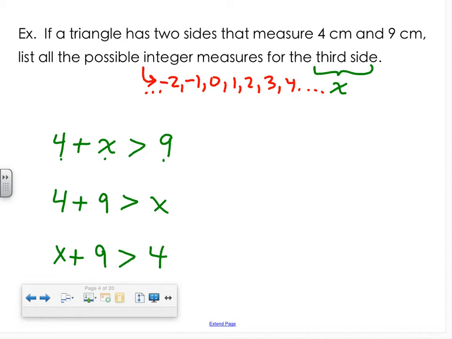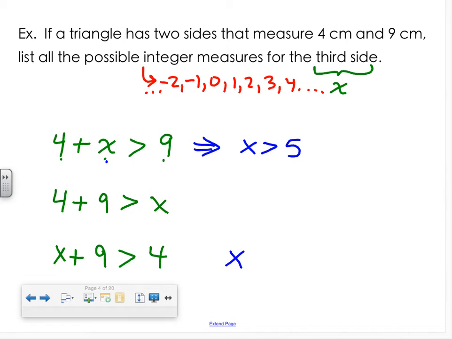So I took every combination of the two sides, 4 and x, 4 and 9, and x and 9. And I set up these three inequalities because they all need to be satisfied. Okay, so for this one, if I subtract 4, x has to be greater than 5. And then for the bottom one,